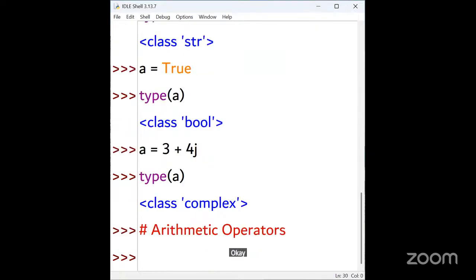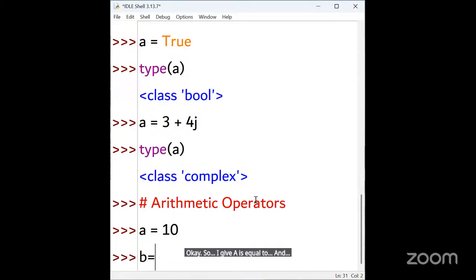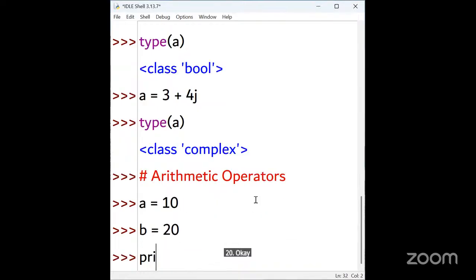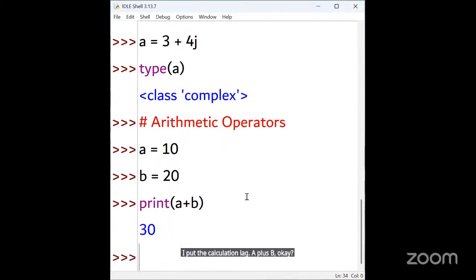Okay, so I give A is equal to 10 and B is equal to 20. So print, I put the calculation A plus B. Just click on it.